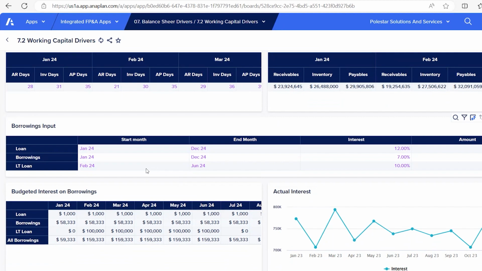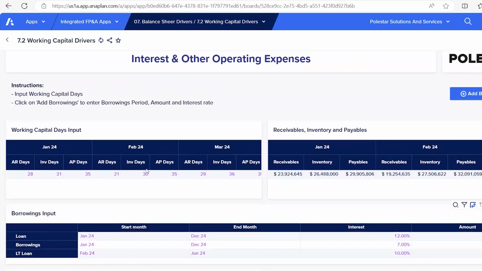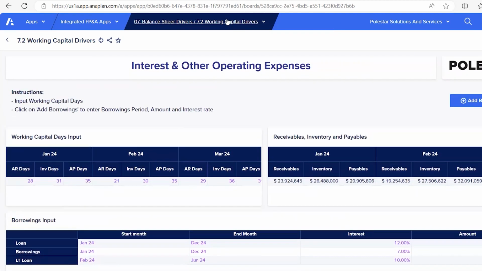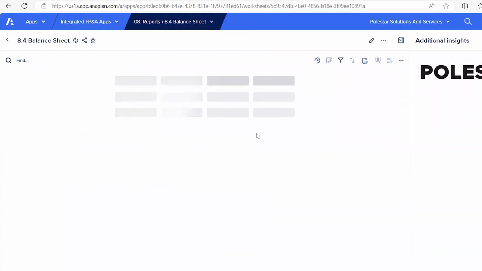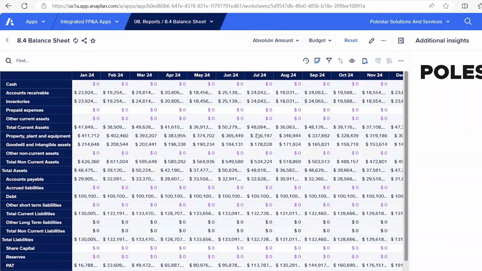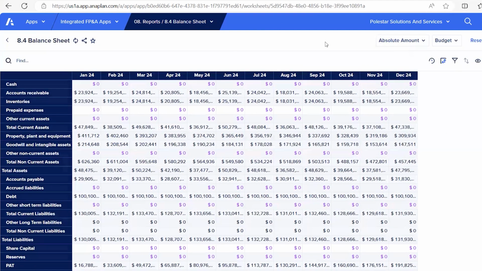Now, if you have any existing borrowings, we can link this module to those existing borrowings, and accordingly help you calculate the interest you will have to pay on those existing borrowings or any new ones that you're planning for the upcoming year. Based on this, you're able to create your balance sheet. However, for the remaining elements, you can enter those line items directly at the balance sheet level. You can have them linked to certain other specific structures for inputs, and accordingly get your entire balance sheet at